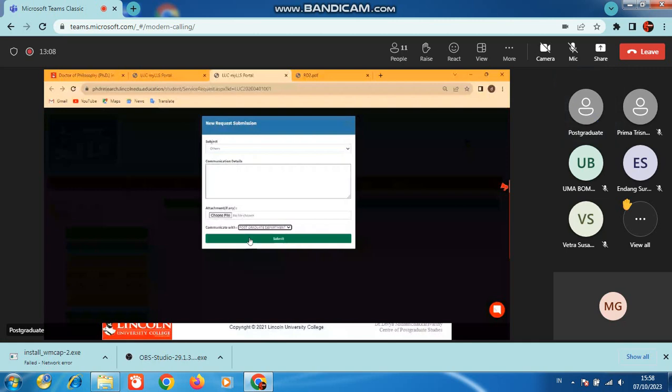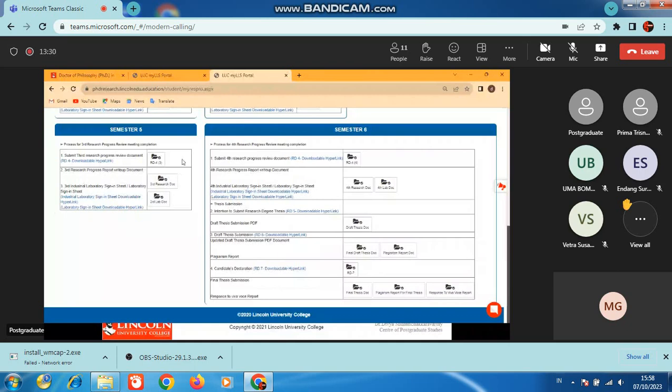In the semester 3, you will be submitting it. After submitting both of it, after the proposal defense meeting, in the supervisor feedback, you will be finding the examiner's recommendation. So based on that recommendation, you have to upload your final research proposal here. Similarly, in semester 3, 4, 5, and 6, you have to proceed. If after semester 6 your research is continuing, semester 6 becomes like 5, and another box comes with the semester 7. So after you finish